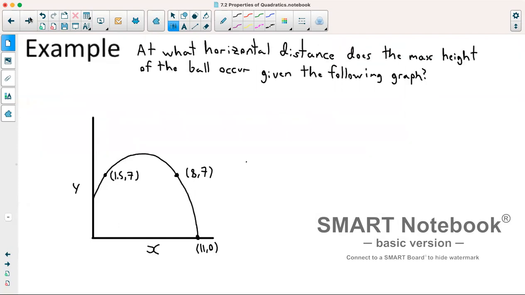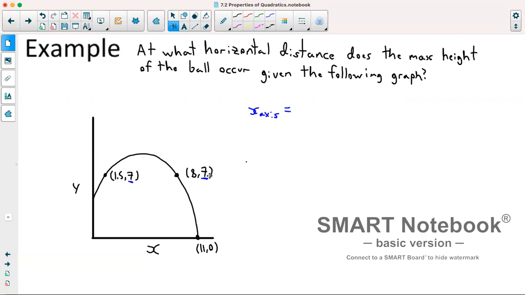So for example, at what horizontal distance does the maximum height of a ball occur, given the following graph? So we're given this graph here. What we can see is this y value and this y value are the same. So therefore, the x value at which we have our maximum will be exactly halfway between these. So to get the x value for our axis, which will also be the x value of our vertex,